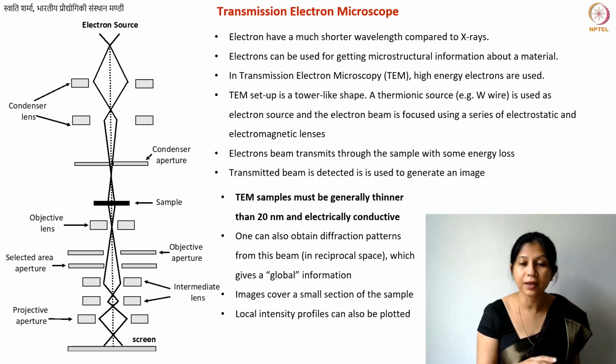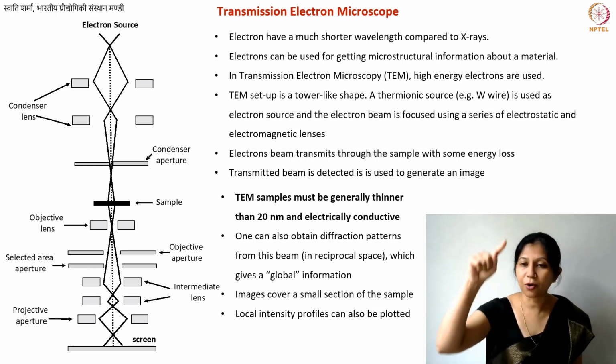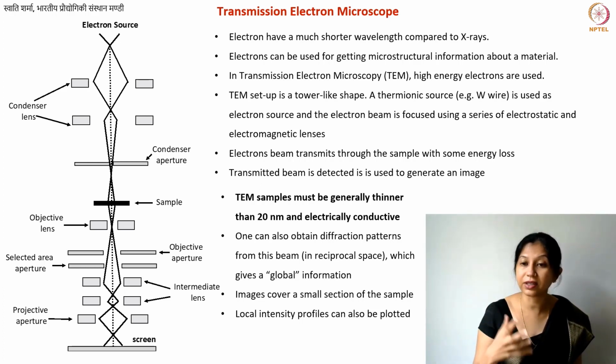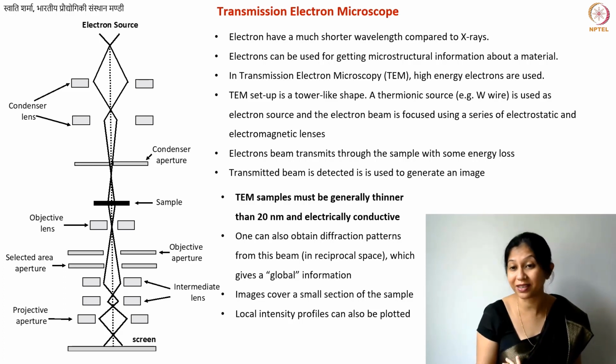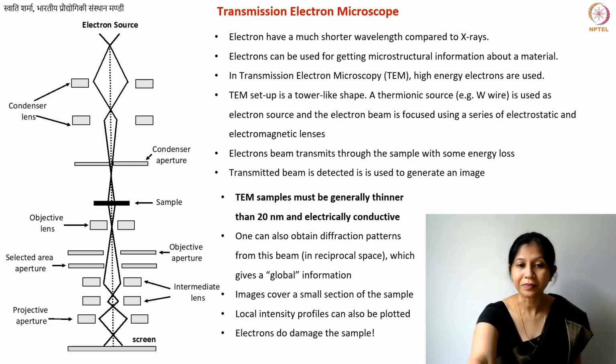So what you're doing is taking the profile, if you have a dark line and then bright and then dark and so on. What you want to see is the spacing between them. You will just take the peaks as the intensity increases and decreases, and that helps you understand the D-spacing. D-spacing is very important to us, and that is why often you will see intensity profiles in many publications related to carbon materials.